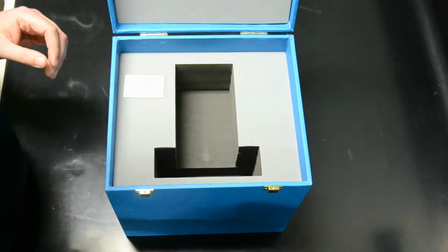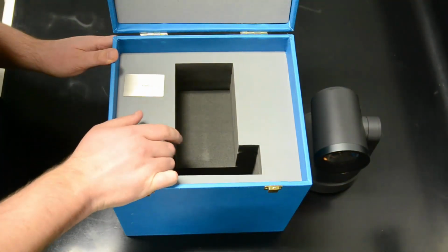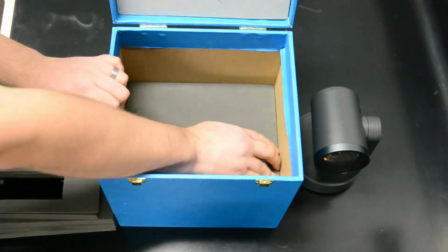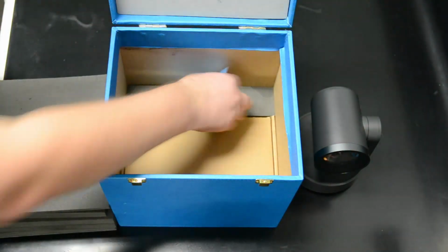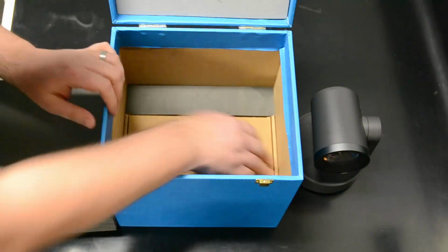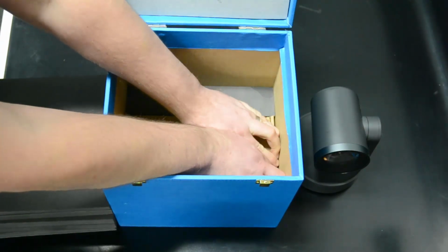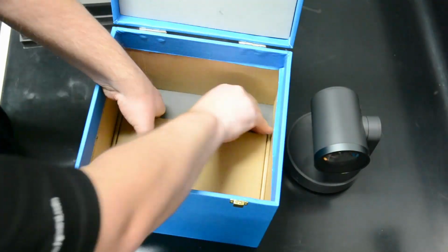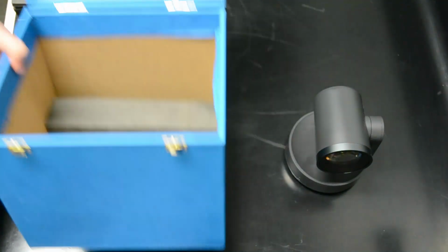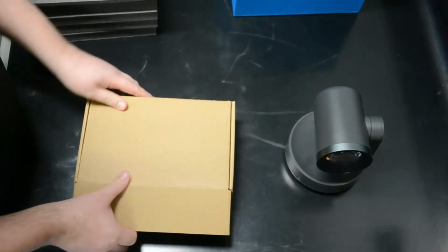What else did they send? Put that over there. Nice little nameplate icon. Aha! A nice little card from Logitech. And what looks like a box of goodies that I totally can't get out. That is a very serious box. Okay. Let's see. In the box of goodies we have